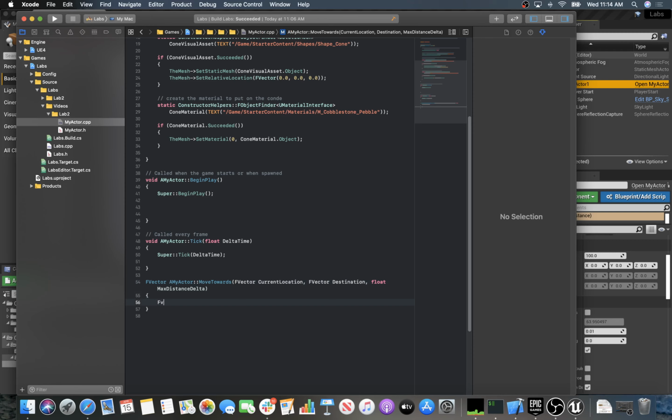Now, what do we need to do? Well, we're going to do the same thing we did in the other lab. We're just going to figure out the vector that points in the direction of the destination. And in order to do that, we just simply say destination minus current location. We also need to figure out the distance to the destination so that we can compare it with our max